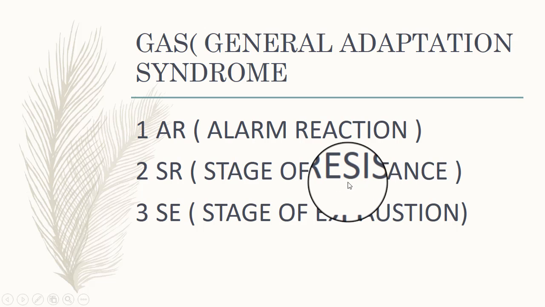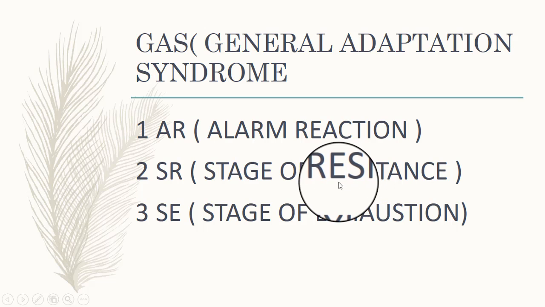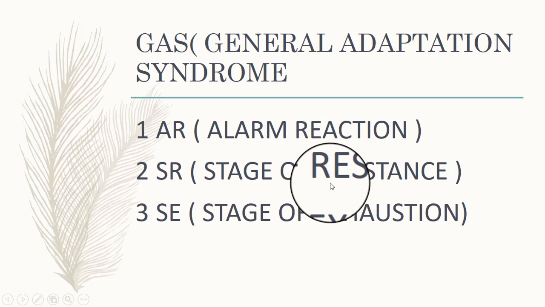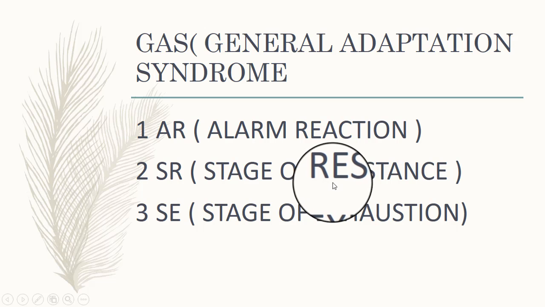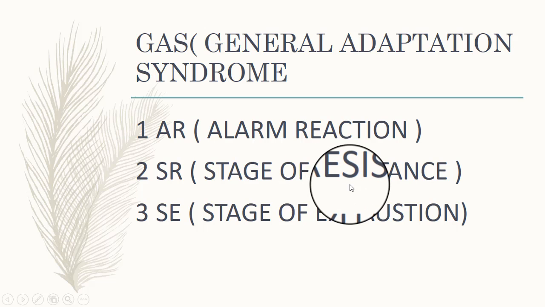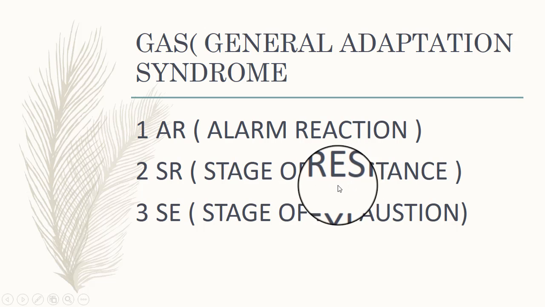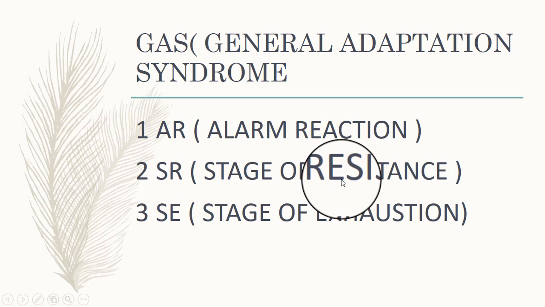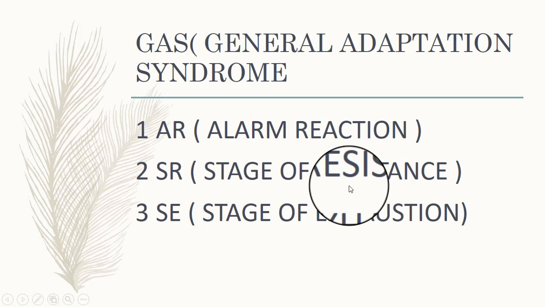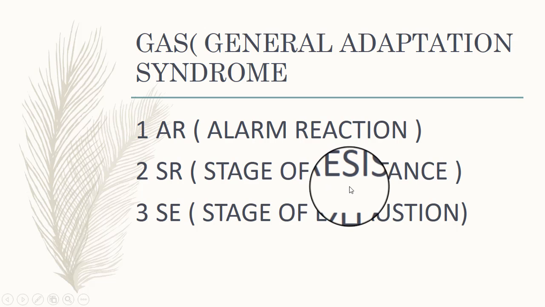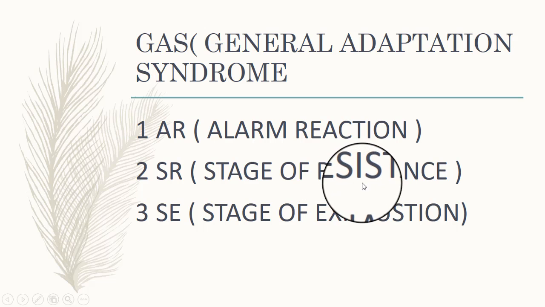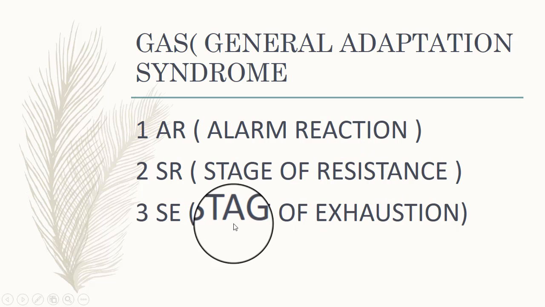Now second stage, that is stage of resistance, SR. It may also be named the stage of adaptation instead of stage of resistance, because the body has reacted to a stress and adjusted in a way that begins to allow the body to return to homeostasis. If a stressful condition persists, your body adapts via continued efforts in resistance and remains in a state of arousal. Now what are the changes in the body? Fatigue, concentration lapses, irritability, and lethargy.